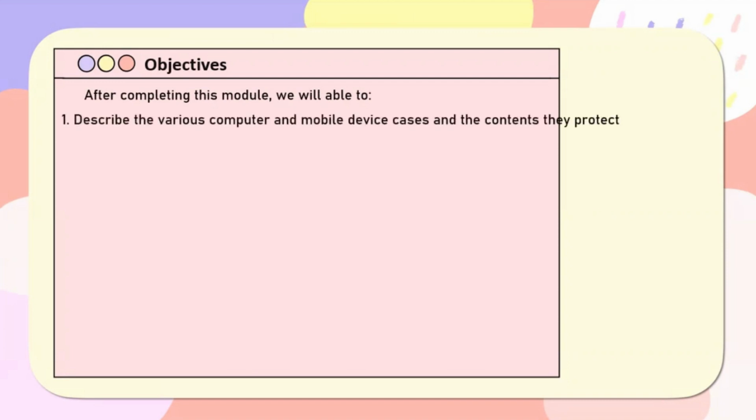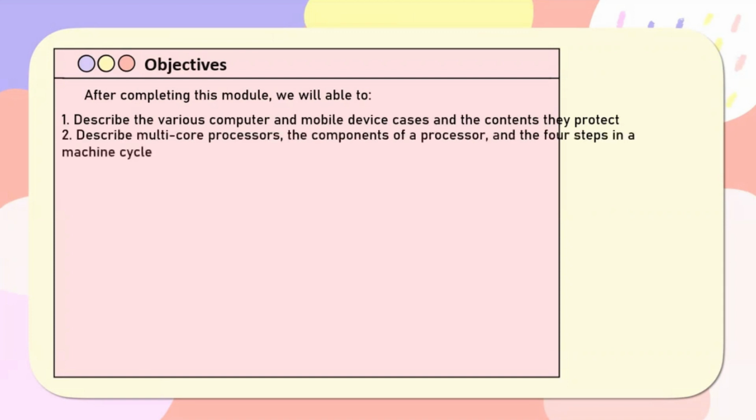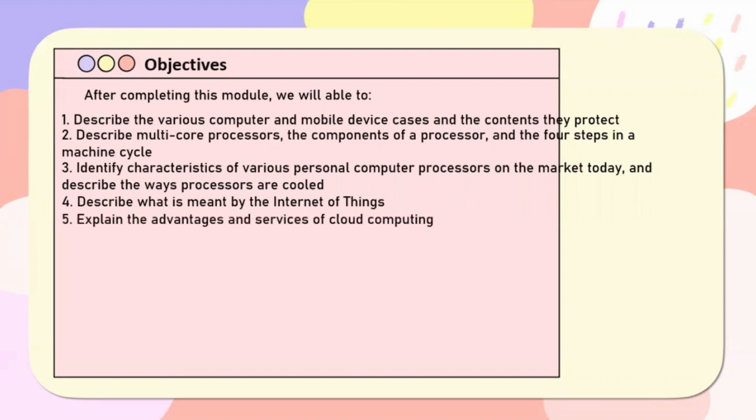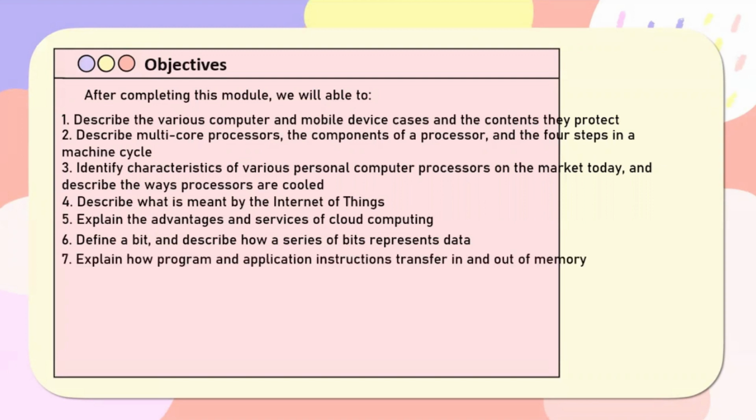These are the objectives. After completing this module, we will be able to describe the various computer and mobile device cases and the contents they protect, describe multi-core processors, the components of a processor, and the 4 steps in a machine cycle, identify characteristics of various personal computer processors on the market today, and describe the ways processors are cooled, describe what is meant by the Internet of Things, explain the advantages and services of cloud computing, define a bit, and describe how a series of bits represents data,